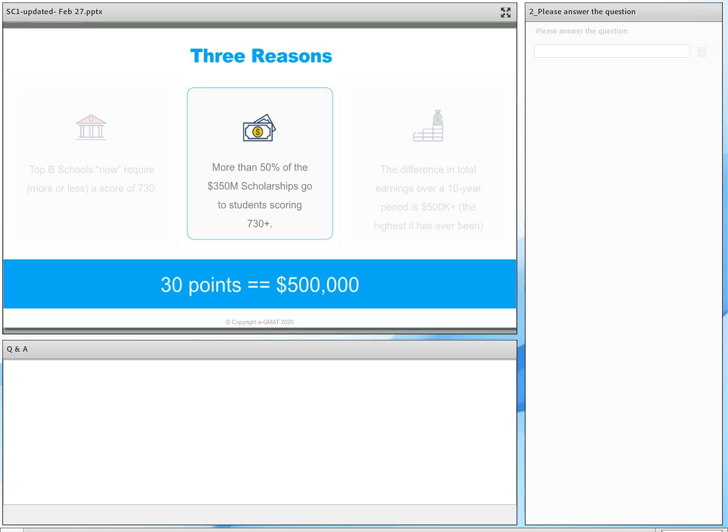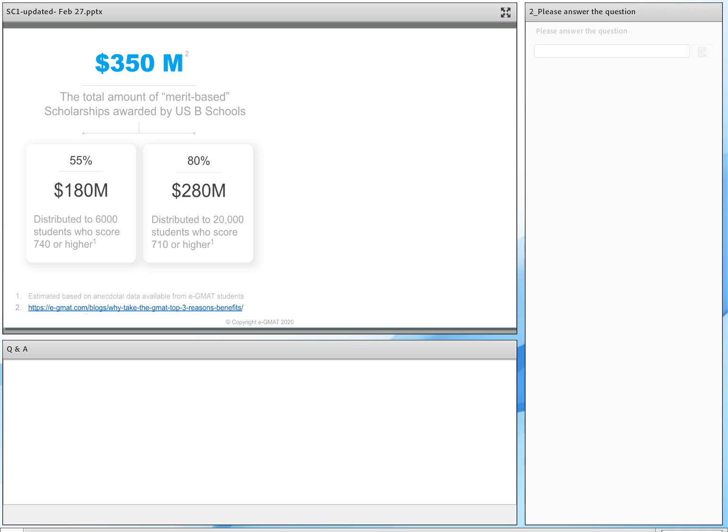The second reason why you want to do that is scholarship. US B schools give out about $350 million worth of scholarship money. European B schools, between 40 and 50 million. And based on our research, more than half this money goes to students who get to that score of 730